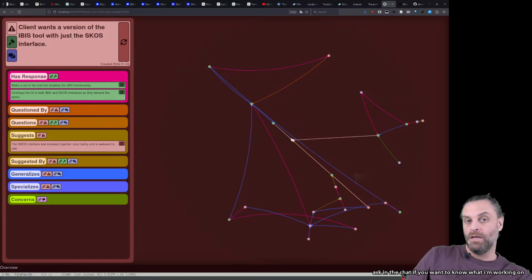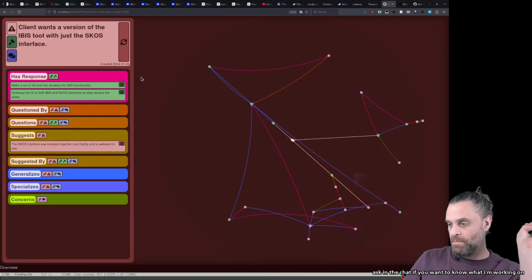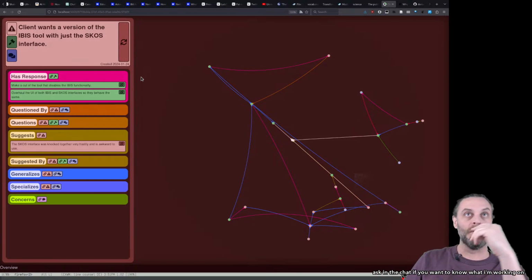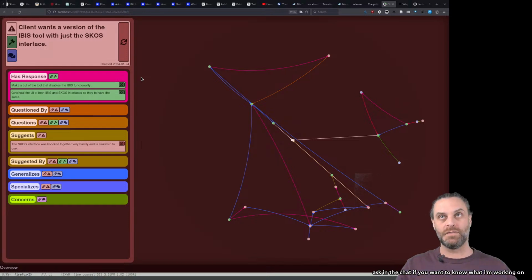So yeah, this thing is called the IBIS tool. It's called App IBIS. IBIS is a thing from the 70s that some management consultants came up with. I don't know if they're management consultants or if they were academics. But it's kind of hard to say where the academic stops and the management consultant starts with that kind of thing. Anyway,